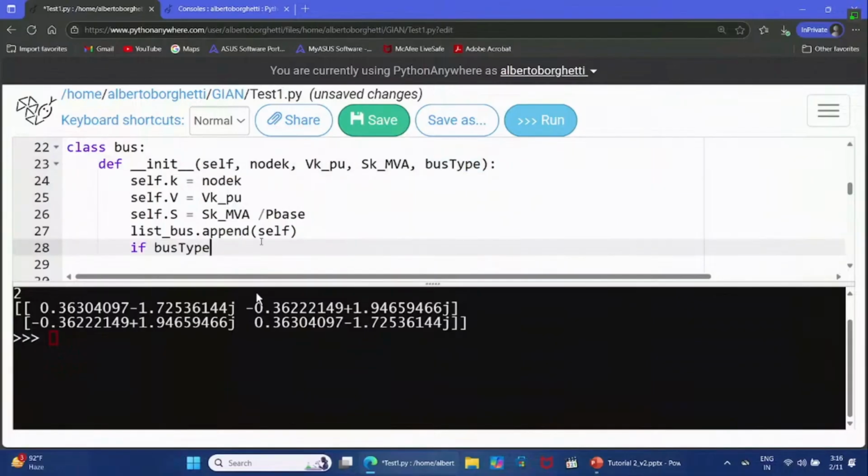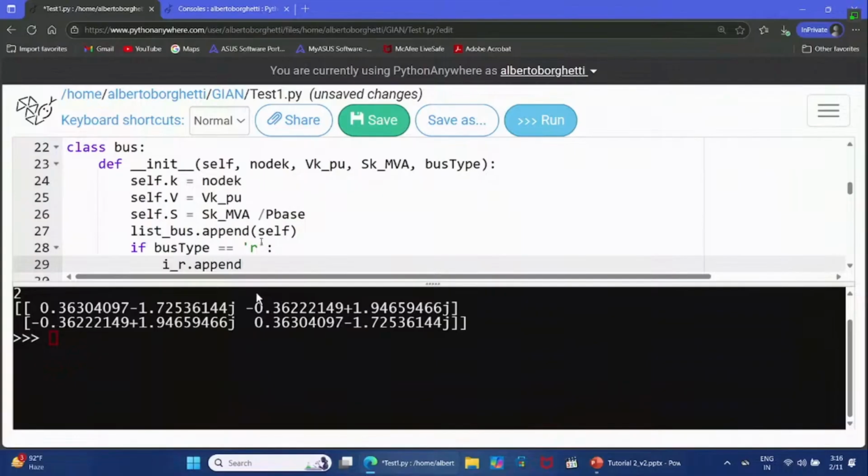So if bus type is equal to the receiving, then I put a colon, and then I create a list of the receiving bus. So I need to know the index of the bus, R, dot append,